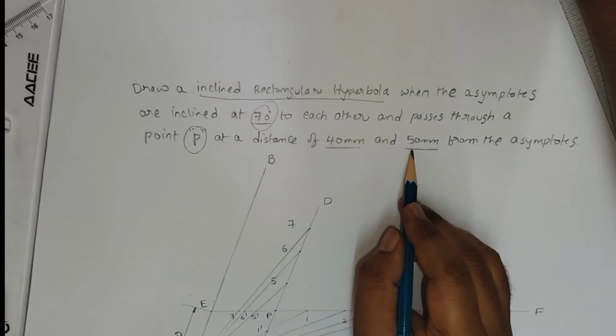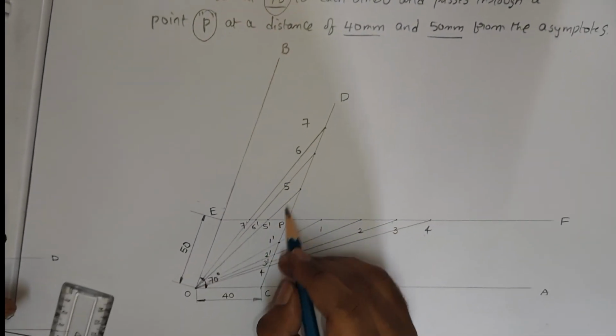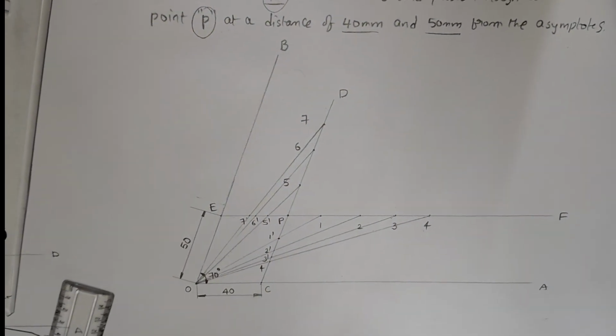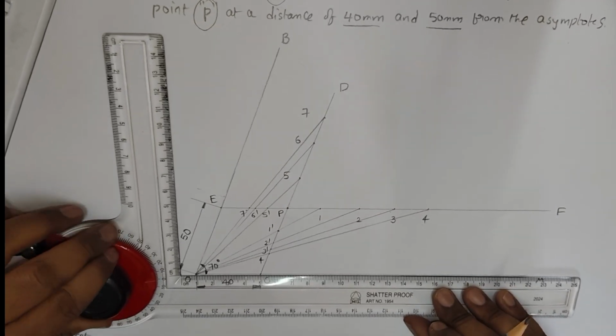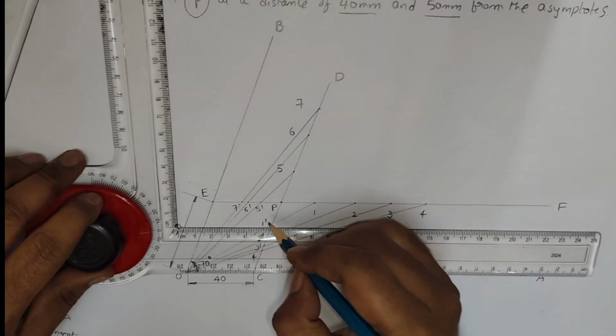The point P is 40 mm and 50 mm. So 40 mm and 50 mm. This is a point P. Now, take a drafter scale. First, take 1 dash point. Take 1 dash point. Draw a line parallel to the